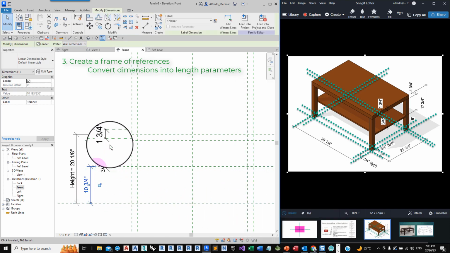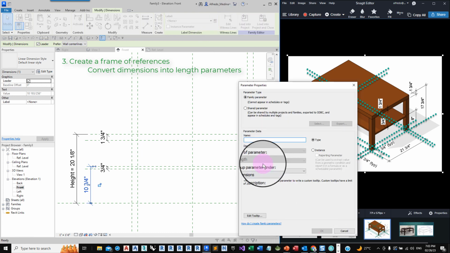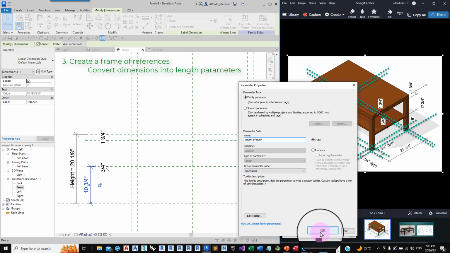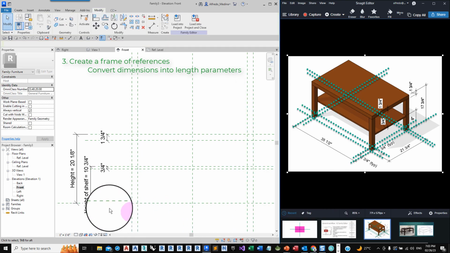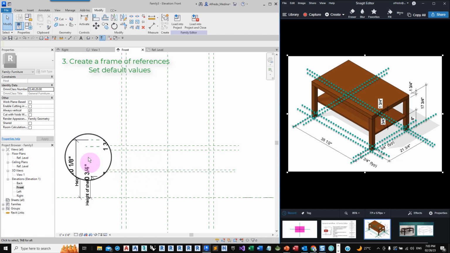And this other dimension, select and then create parameter. This is the height of the shelf. Okay, it's a type, and let's click OK. Now we enter the actual values or default values.